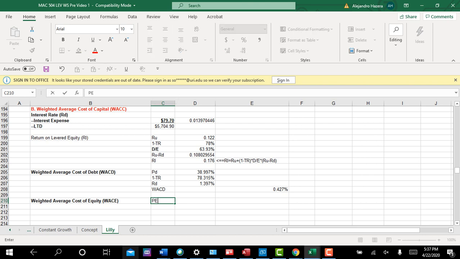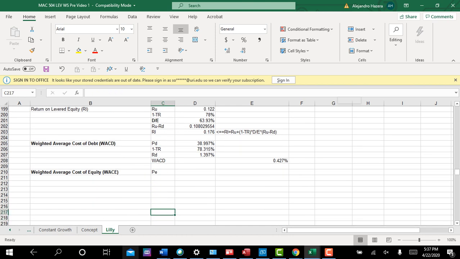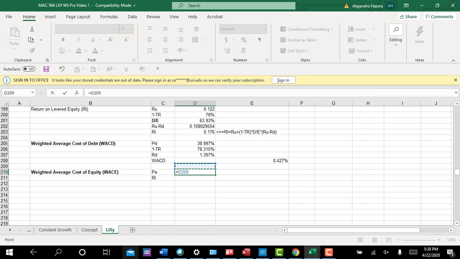It's going to include the proportion of my capital structure which is equity, which is going to be, by the way, this number right here. Then I'm just going to multiply that times the return on levered equity, which makes sense because by definition, when you're doing the weighted average cost of capital, you wouldn't do it unless you had debt in there. So my proportion of equity